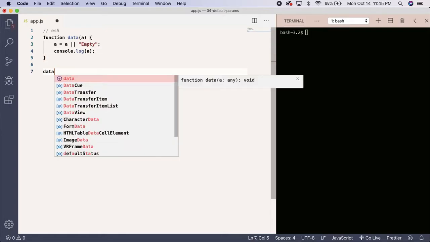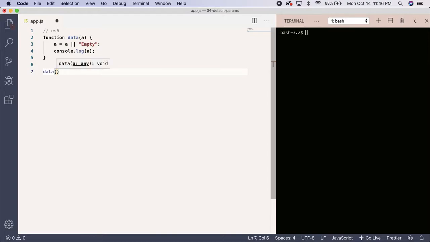So if I call the function data and I do not pass a value, I get empty when I print it out, because it's looking over here. He didn't pass any data, so what do I do with A? Assign the empty value. Now if I pass a 20 and I print that out again, I get 20. So you see,